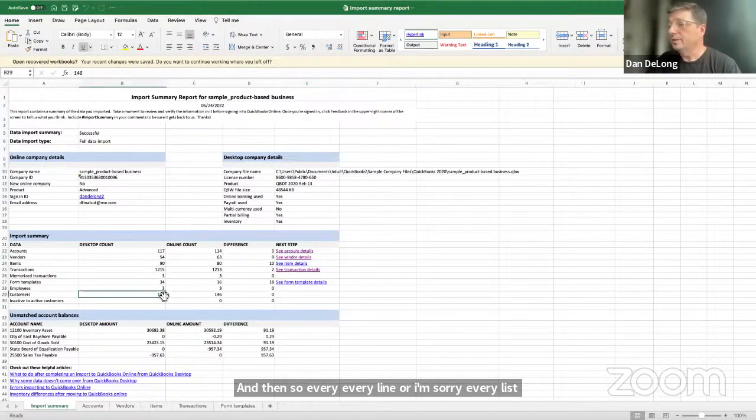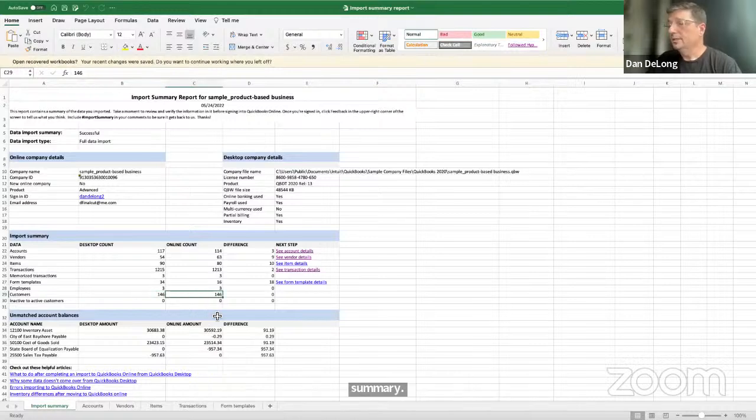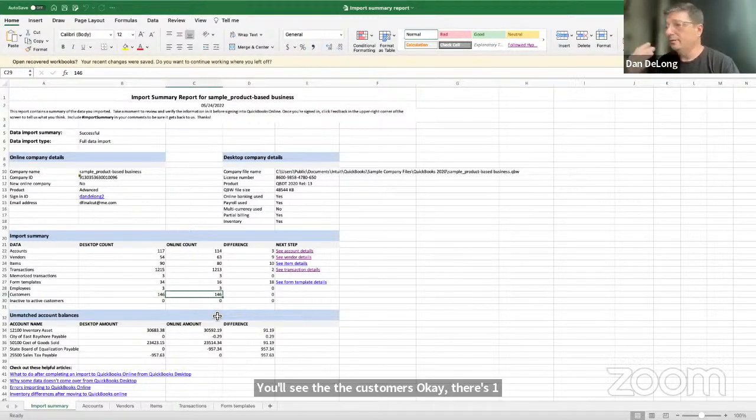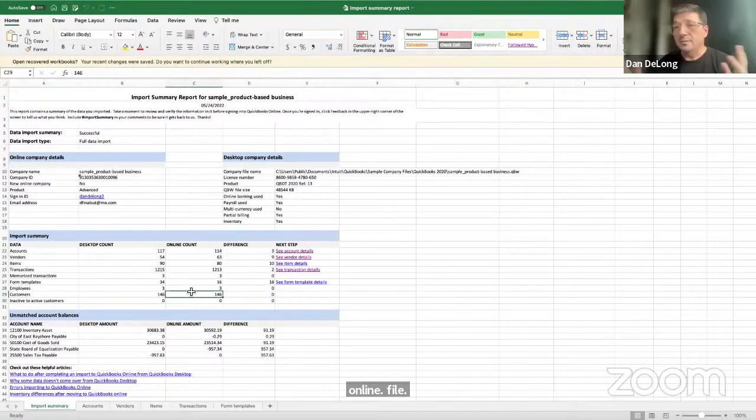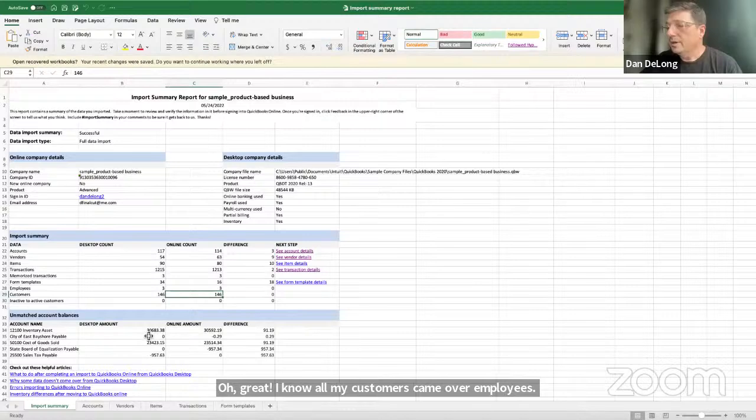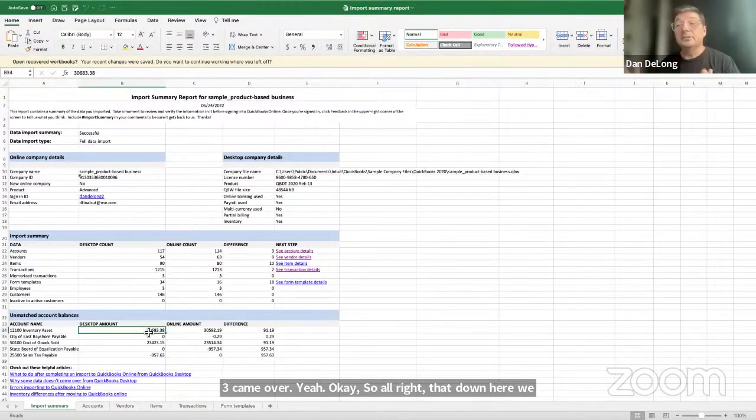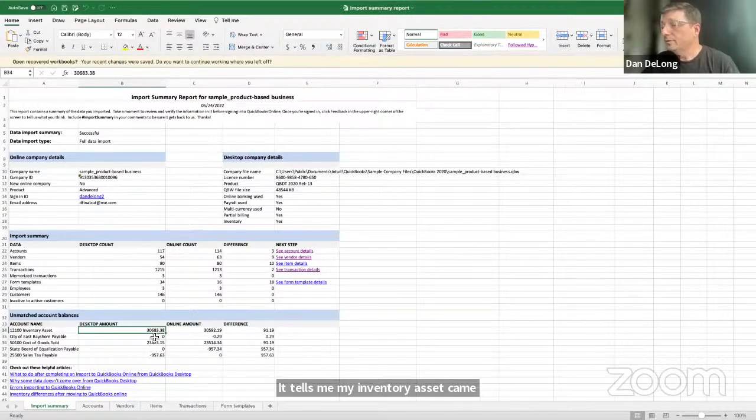You'll see the customers: there were 146 in the desktop file, and there's 146 in the online file. Well, great. I know all my customers came over. Employees, 3 came over. Yay. Now down here we have a discrepancy. It tells me my inventory asset in desktop was $30,683.38.